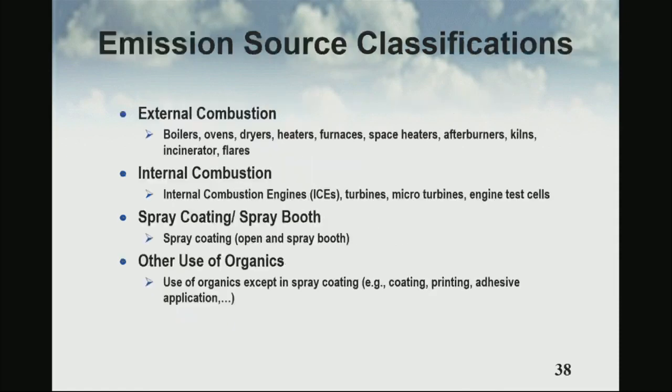As far as how the emission gets reported to the tool, to standardize how emissions are reported, we define certain classifications for the equipment that you report. And these classifications are as follows. We have external combustion sources. Boilers, heaters, dryers that you operate fall under that category. Internal combustion sources: engines, turbines, microturbines.